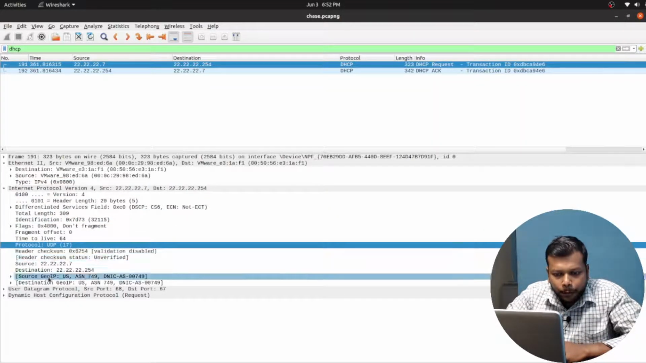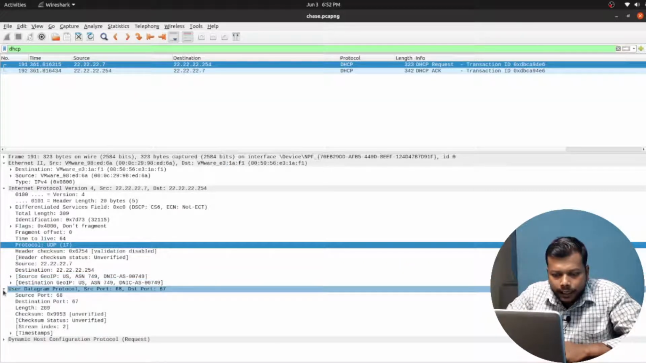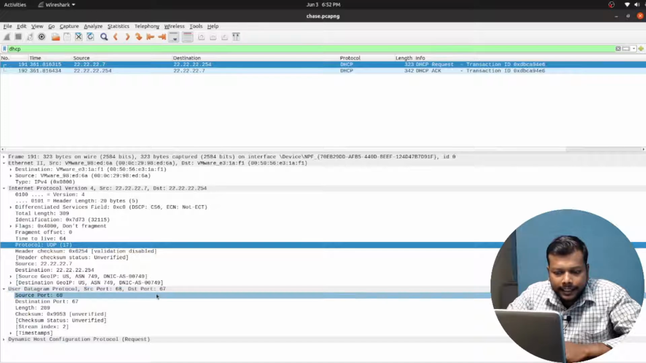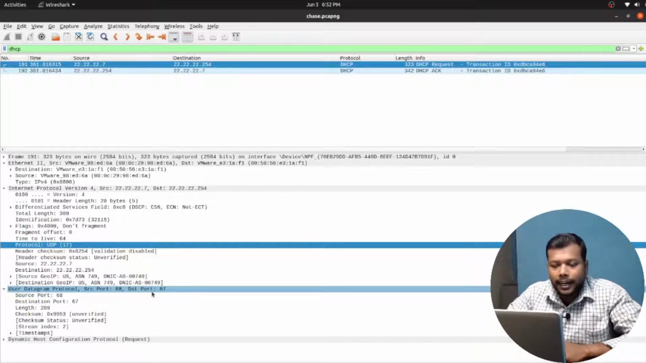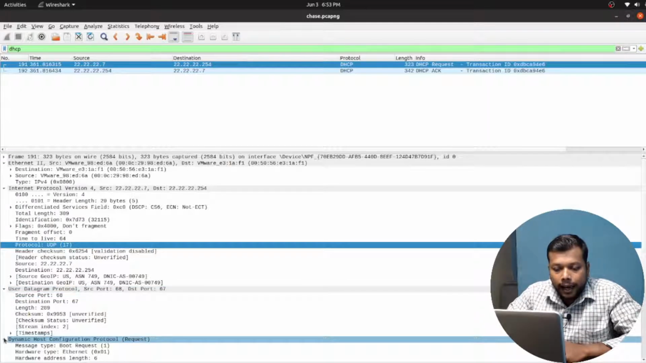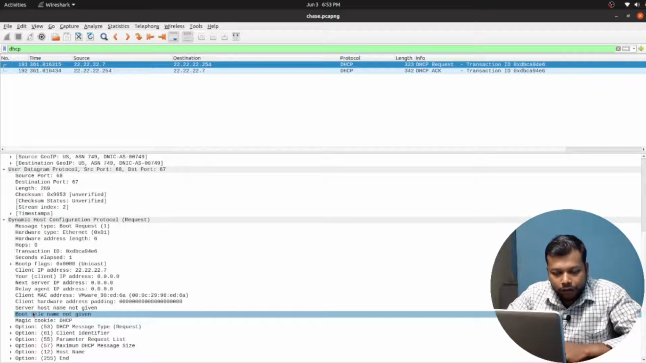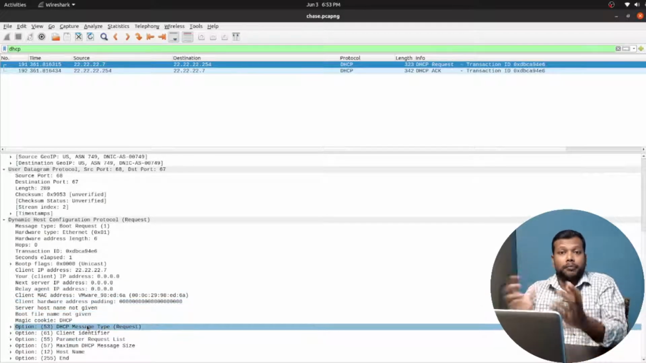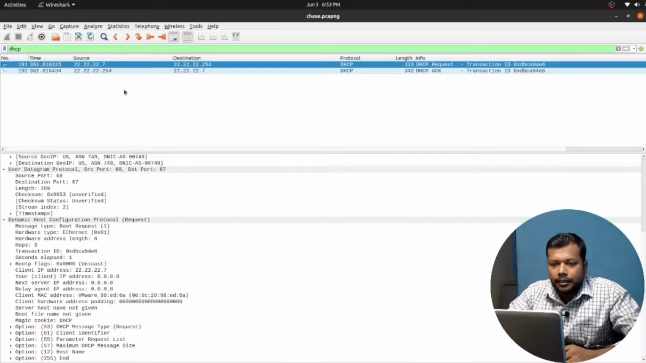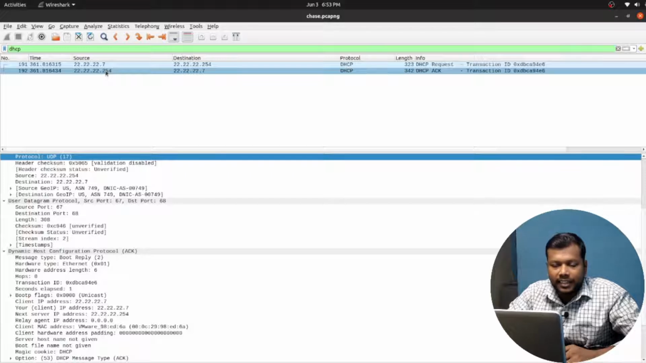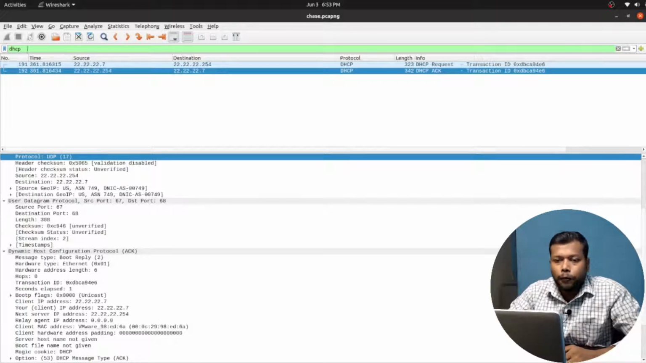And it is a UDP protocol. They gave the geolocation also for this IP. And you can see the port details, 68 and 67. I mean the source port is 68 and the destination is 67. And you can see the Dynamic Host Configuration Protocol, the message type, what kind of message it is and all. So this is the DHCP request, nothing interesting in these DHCP packets. Moving to the next one,